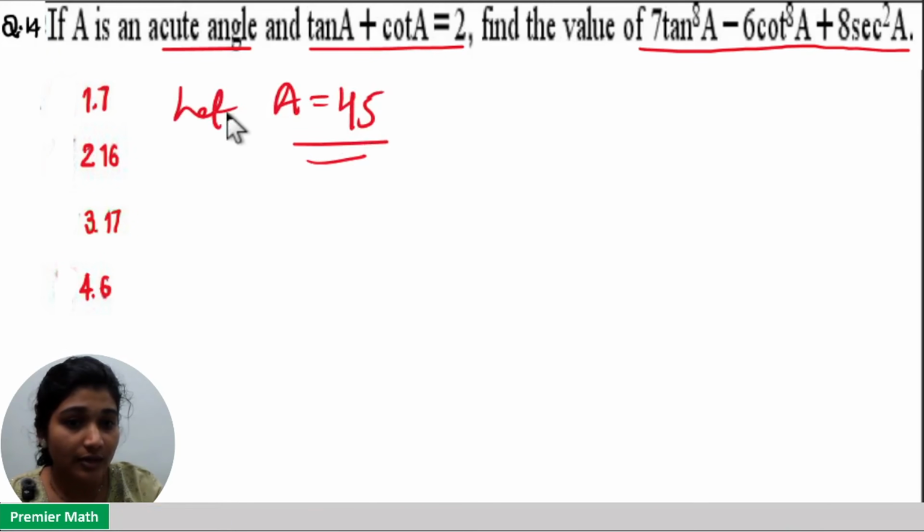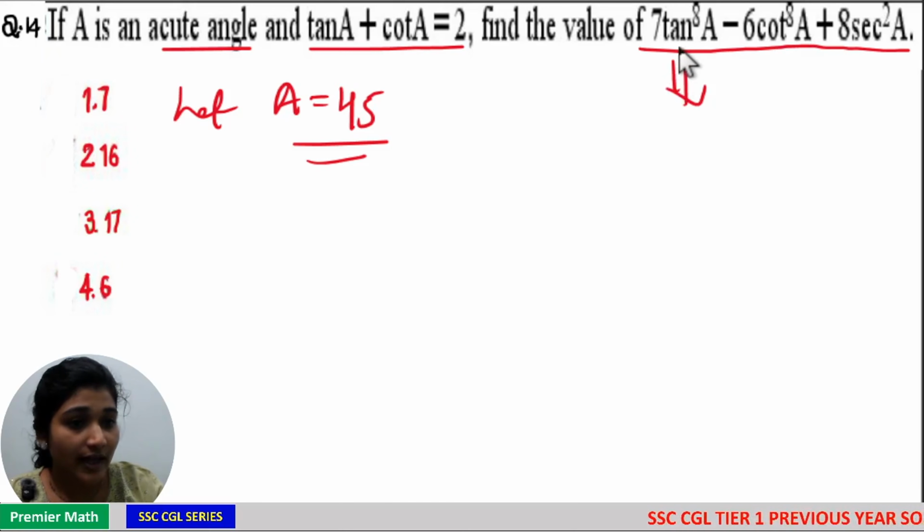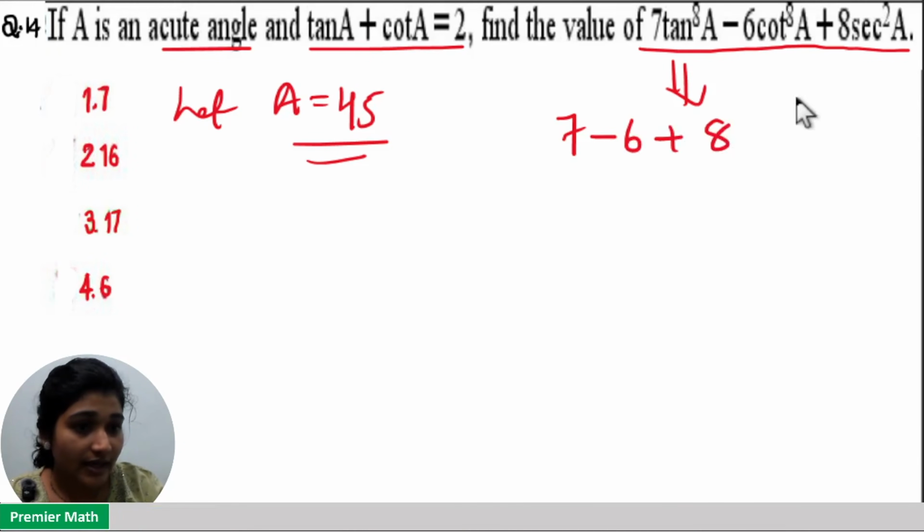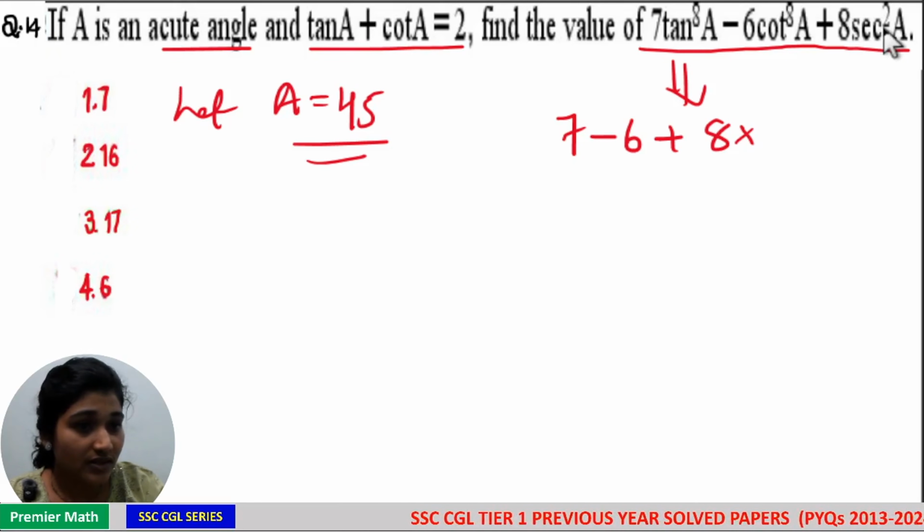Let A be 45 degree. Then this expression will become tan 45 and cot 45, 1 means tan 45 raised to 8 and cot 45 raised to 8 are 1. So this will become 7 minus 6 plus 8 sec square 45. Cos 45 is 1 by root 2. Then sec 45 is equal to inverse of that, that is root 2. Then sec square 45 is